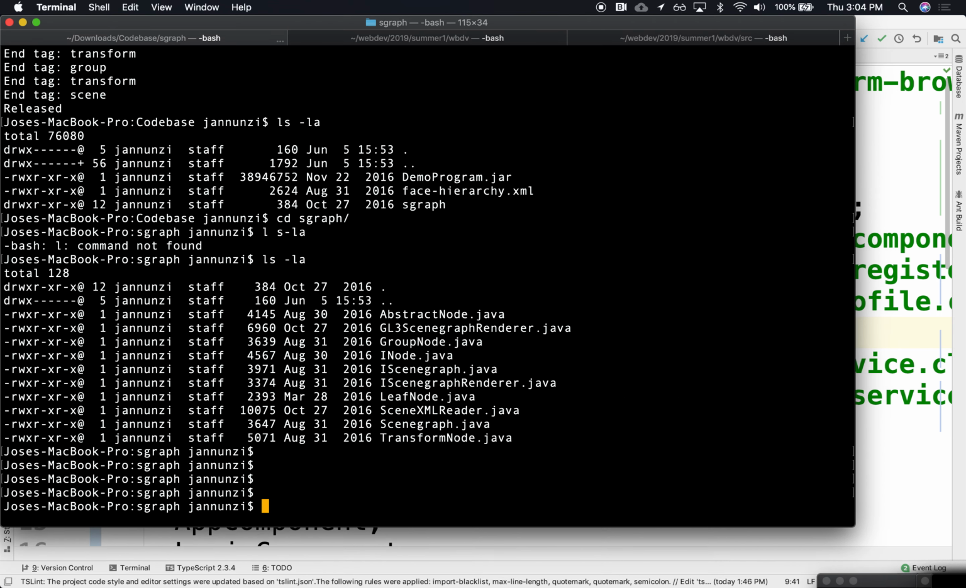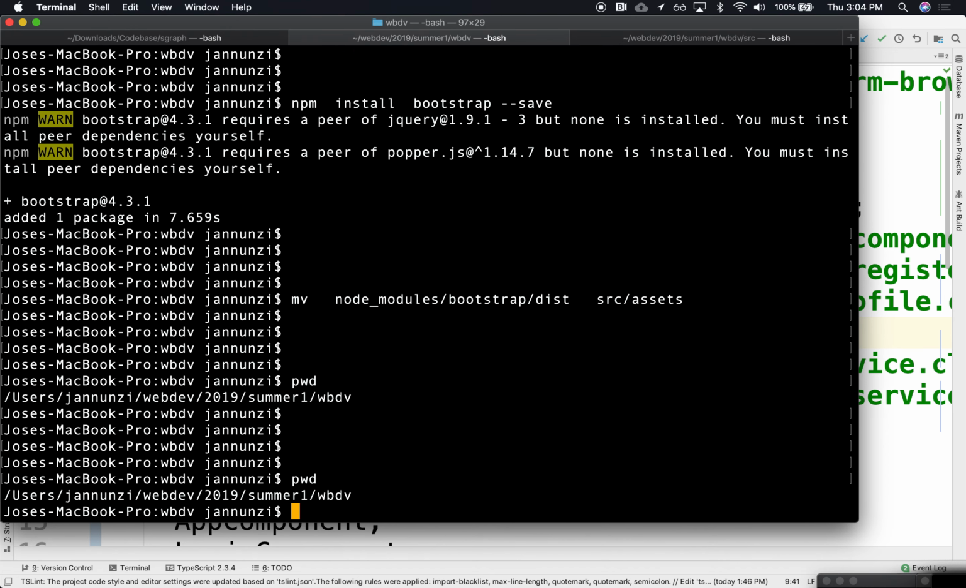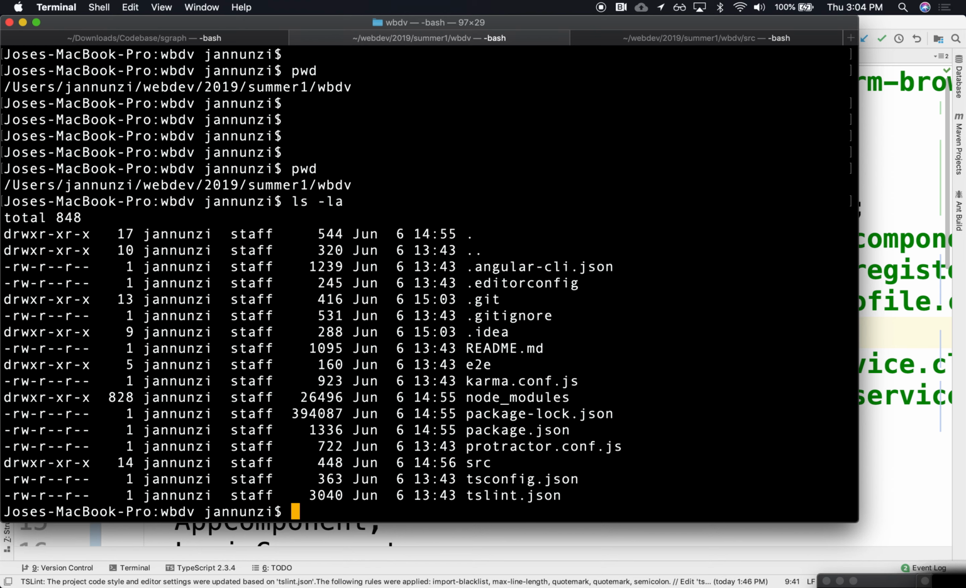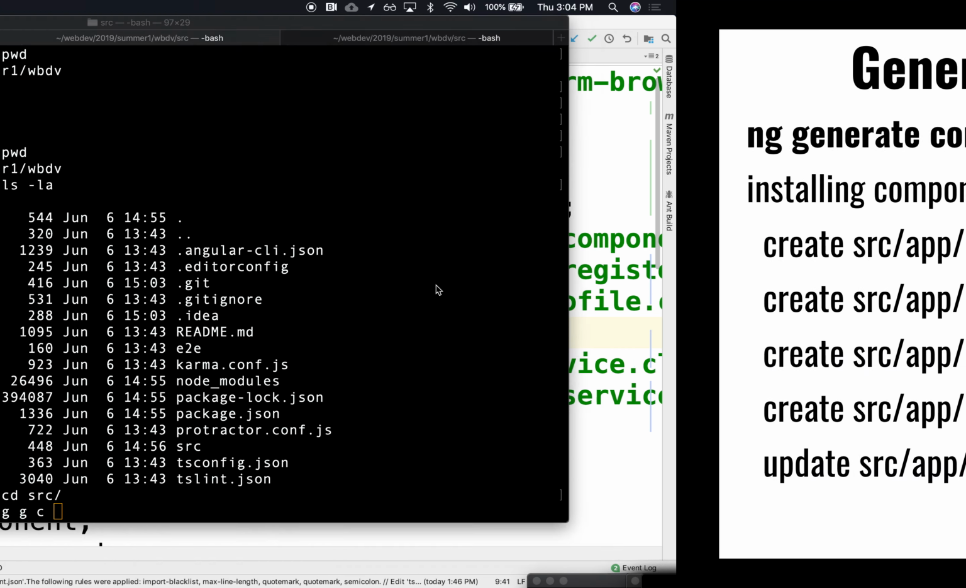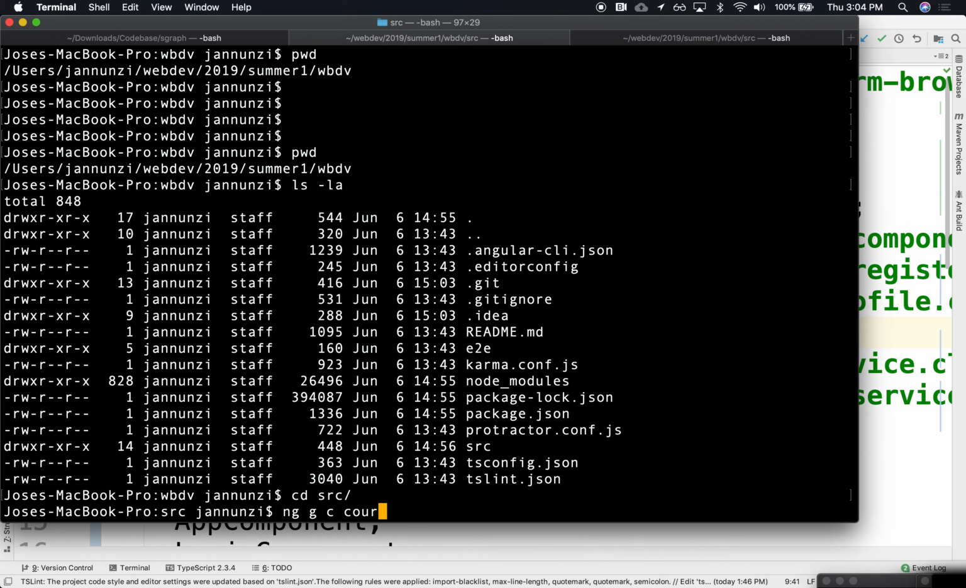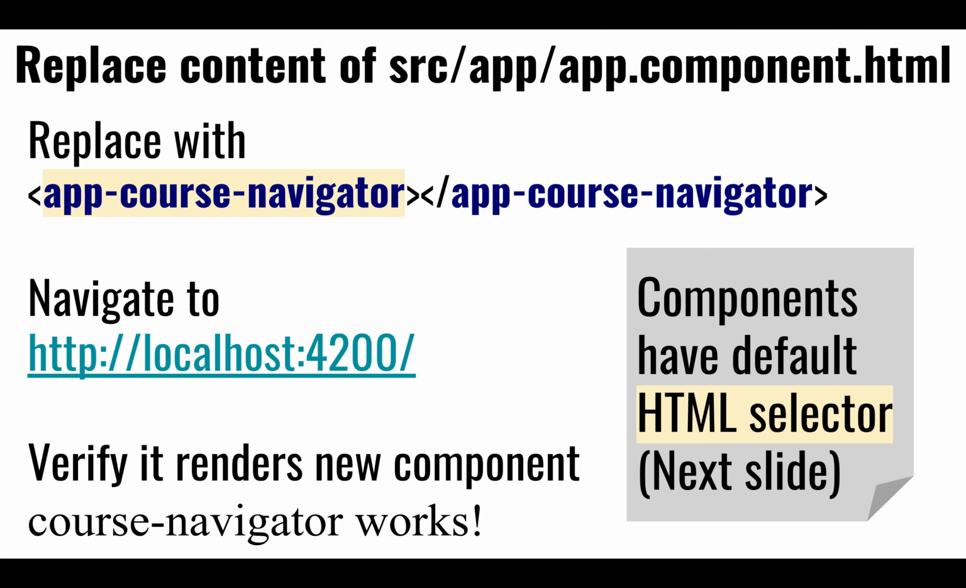Where are we? Are we in the right place? No, we're not. So let's go into source, and here we're going to do ng generate a component called course navigator. So it's going to create the course navigator, and once we do that, we can render the course navigator in the